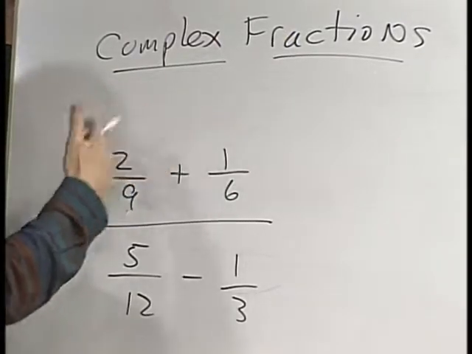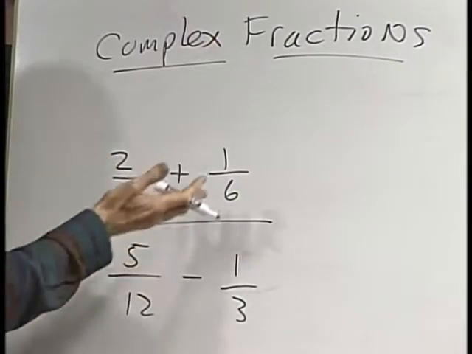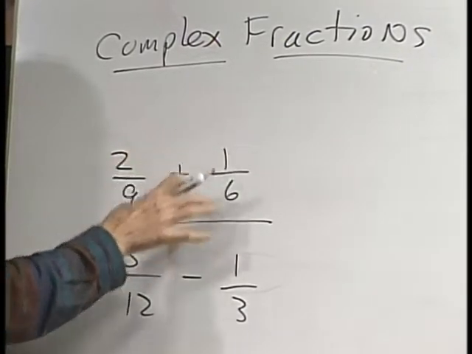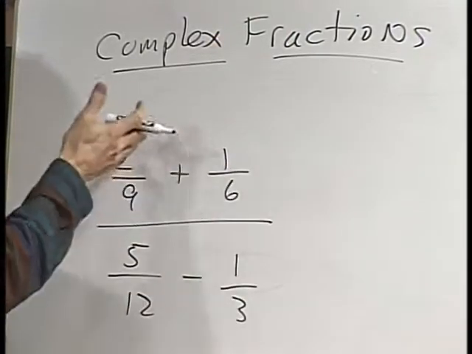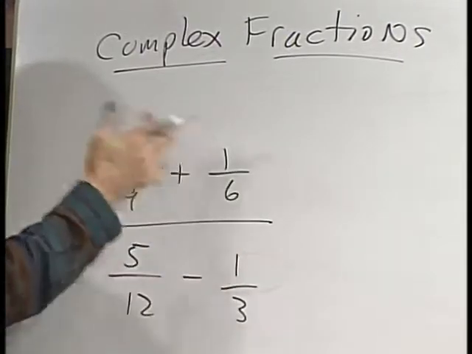It could be this complex, or it could be simpler, with maybe just a sum of fractions over one other fraction, something like that. The best way to clean up complex fractions, whether they're arithmetic like this, or algebraic, or